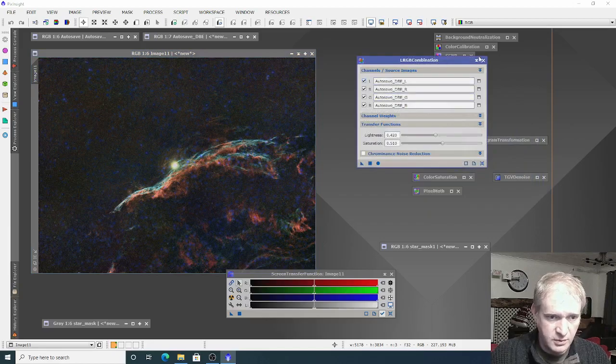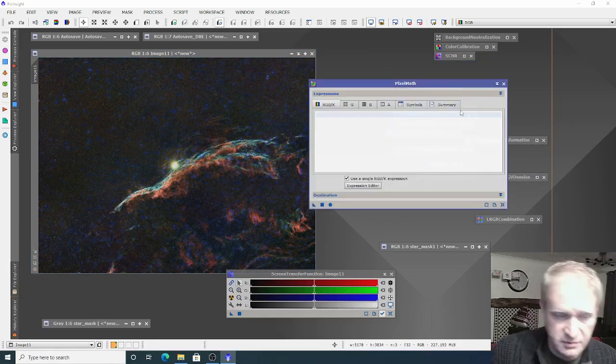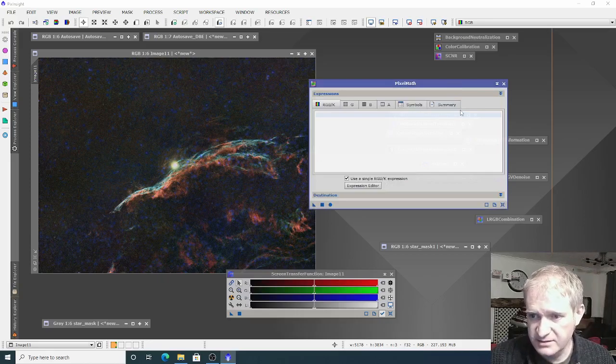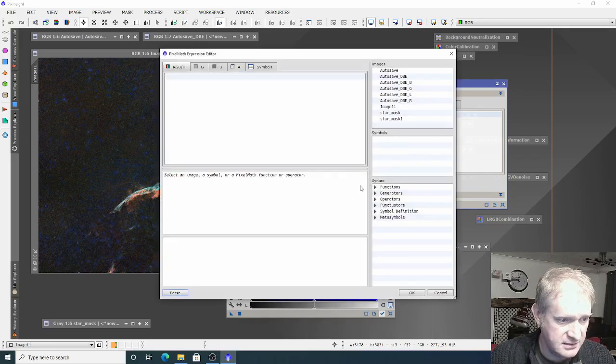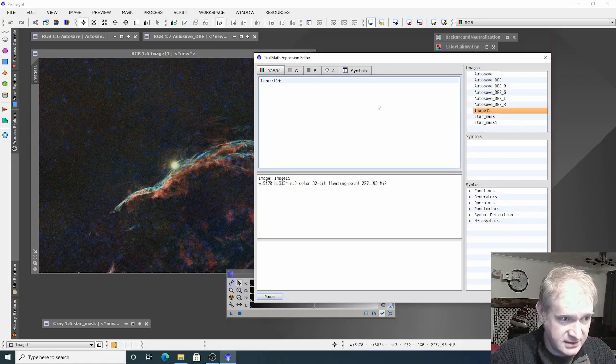Now what we're going to do is bring the stars back into our image. And to do this, what we're going to use is pixel math. In pixel math, what you have to do is tell it to add different images together. So I'm going to go to the expression editor, and it then shows us all of the images we've got. So this is the image we want at the moment, image 11. So I'm going to double click on that, and then I want to add that, so plus,